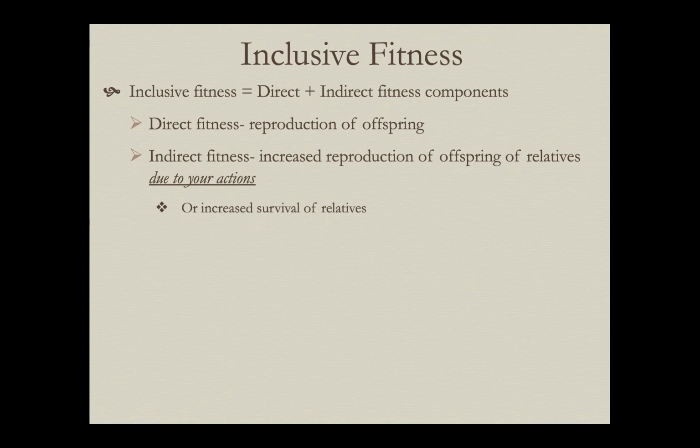So let me make it clear. The way I've been trying to be careful talking about fitness, the goal of all organisms is to maximize the number of copies of genes you pass on to the next generation. And here are just two ways that you can do that. You can do it directly by the production of offspring, but there's another route to gaining fitness, the indirect route. Because by definition, close relatives share a high proportion of the same genes that you do. So if you increase their reproductive success, indirectly you're increasing your reproductive success as well.